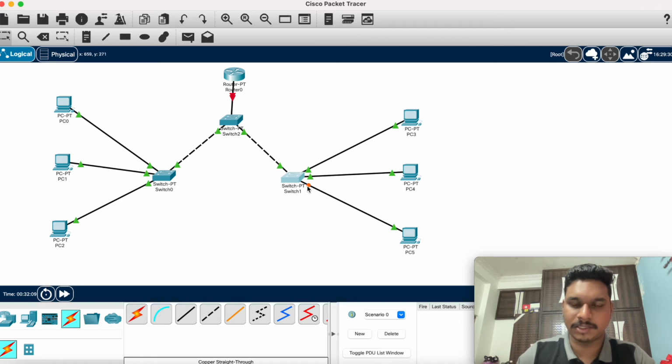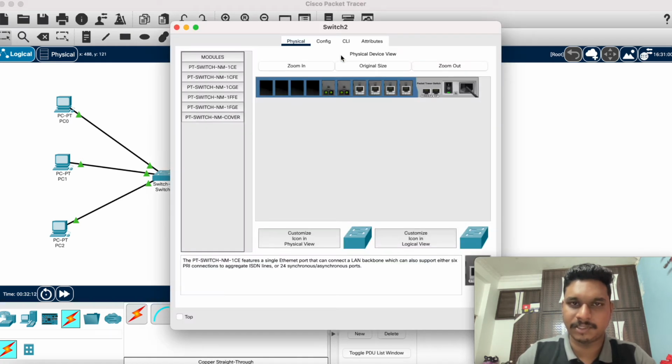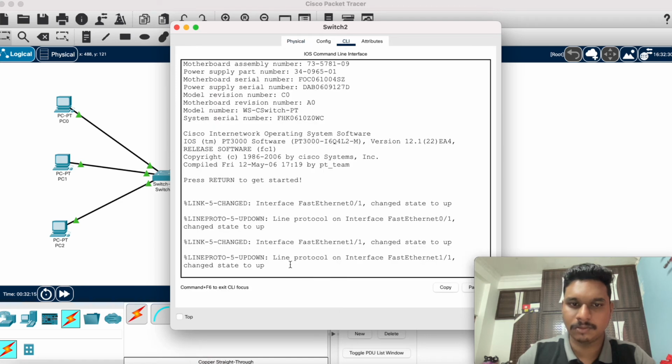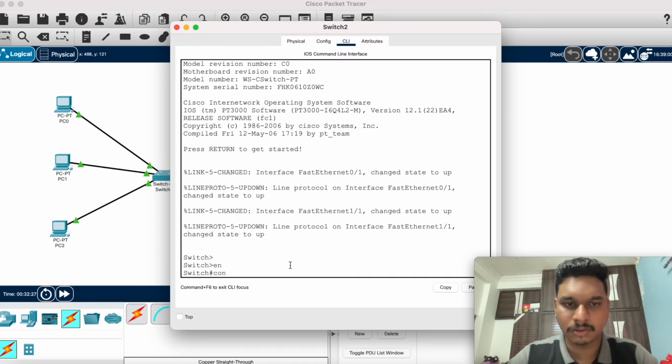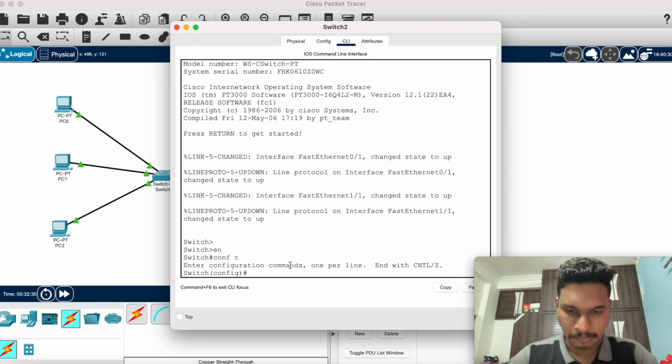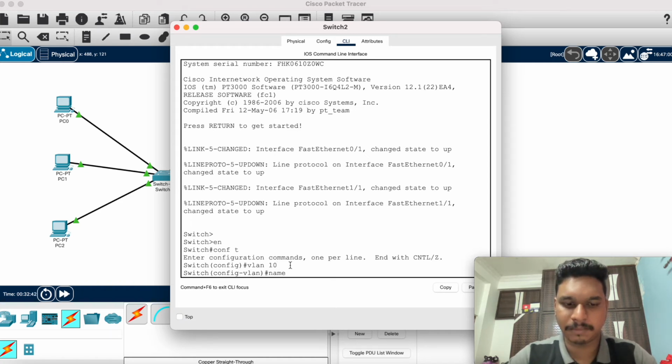Now this also has connections with this. Let us configure this switch. So for this switch we need to enable, config t, VLAN 10, name faculty,